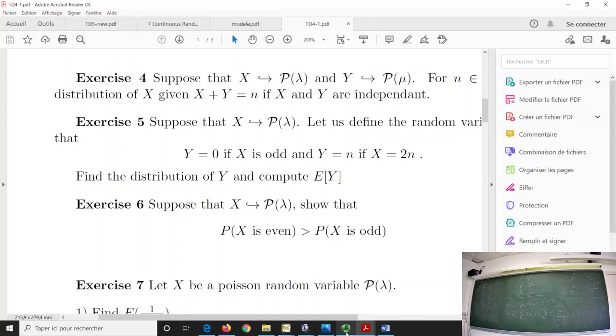And here, the inequality I have here is independent of the value of lambda. It always works, okay? Because exponential is a positive number. Okay? So I don't say that is easy. So what I may expect for you, if you see this kind of exercise for the first time, is to be able to try to compare the general term and to see that it doesn't work. But now, I have given to you a trick